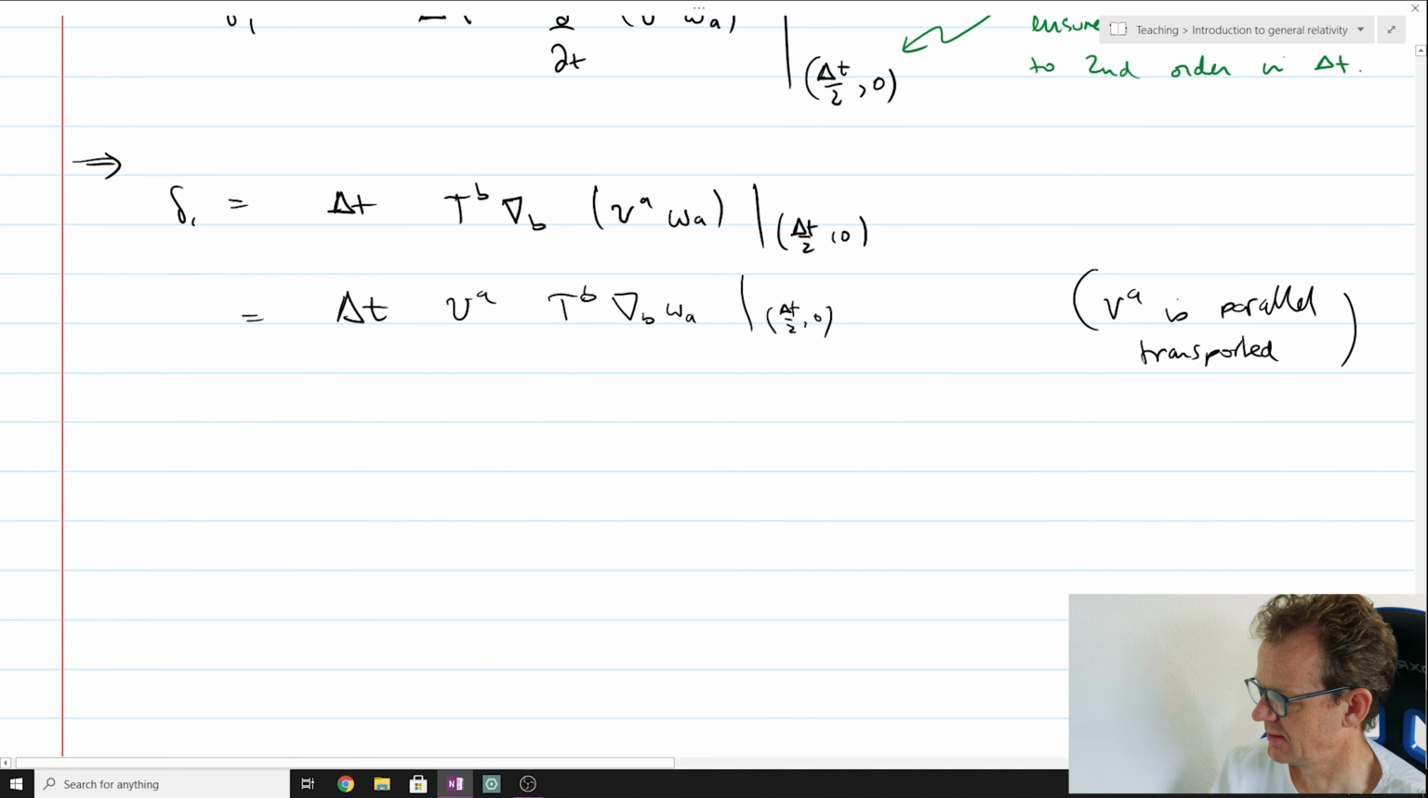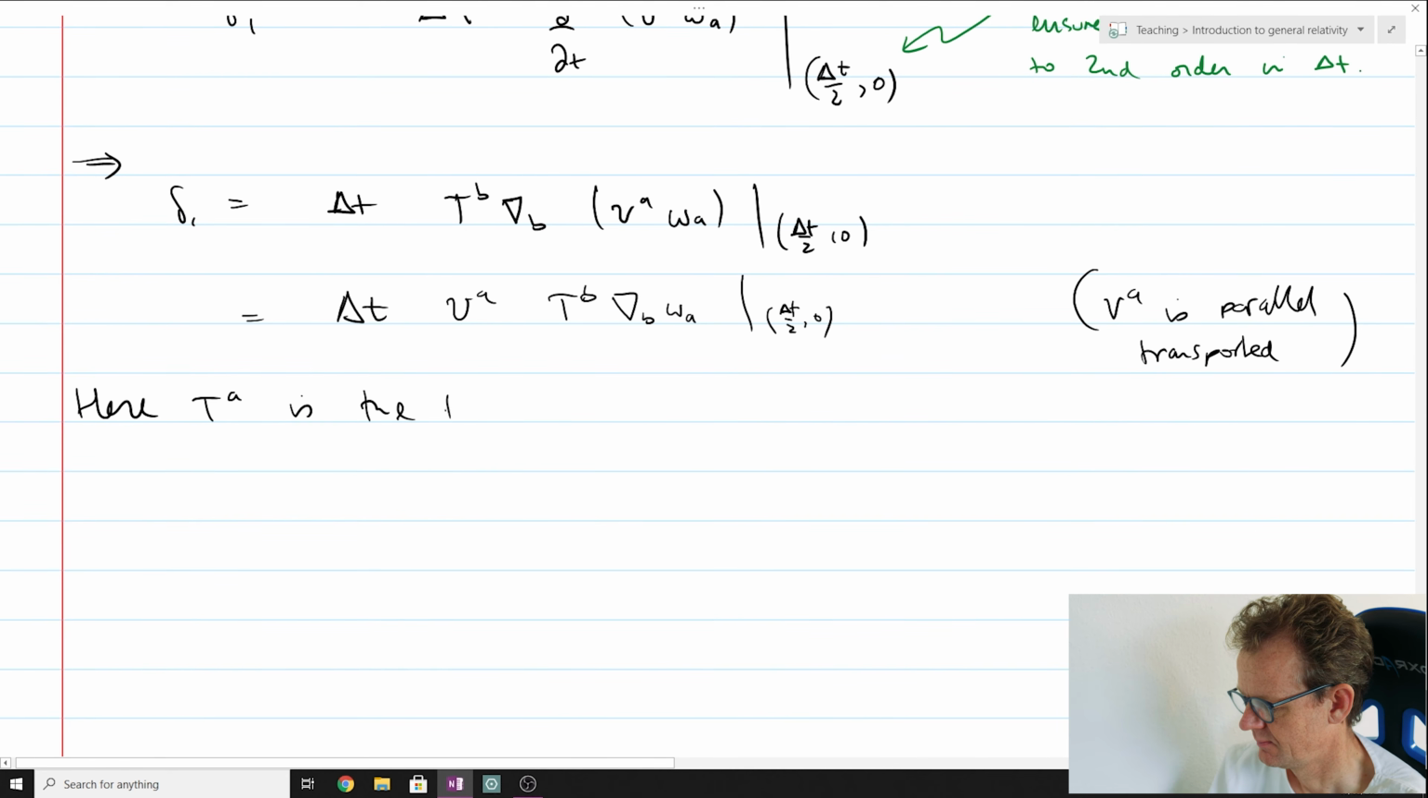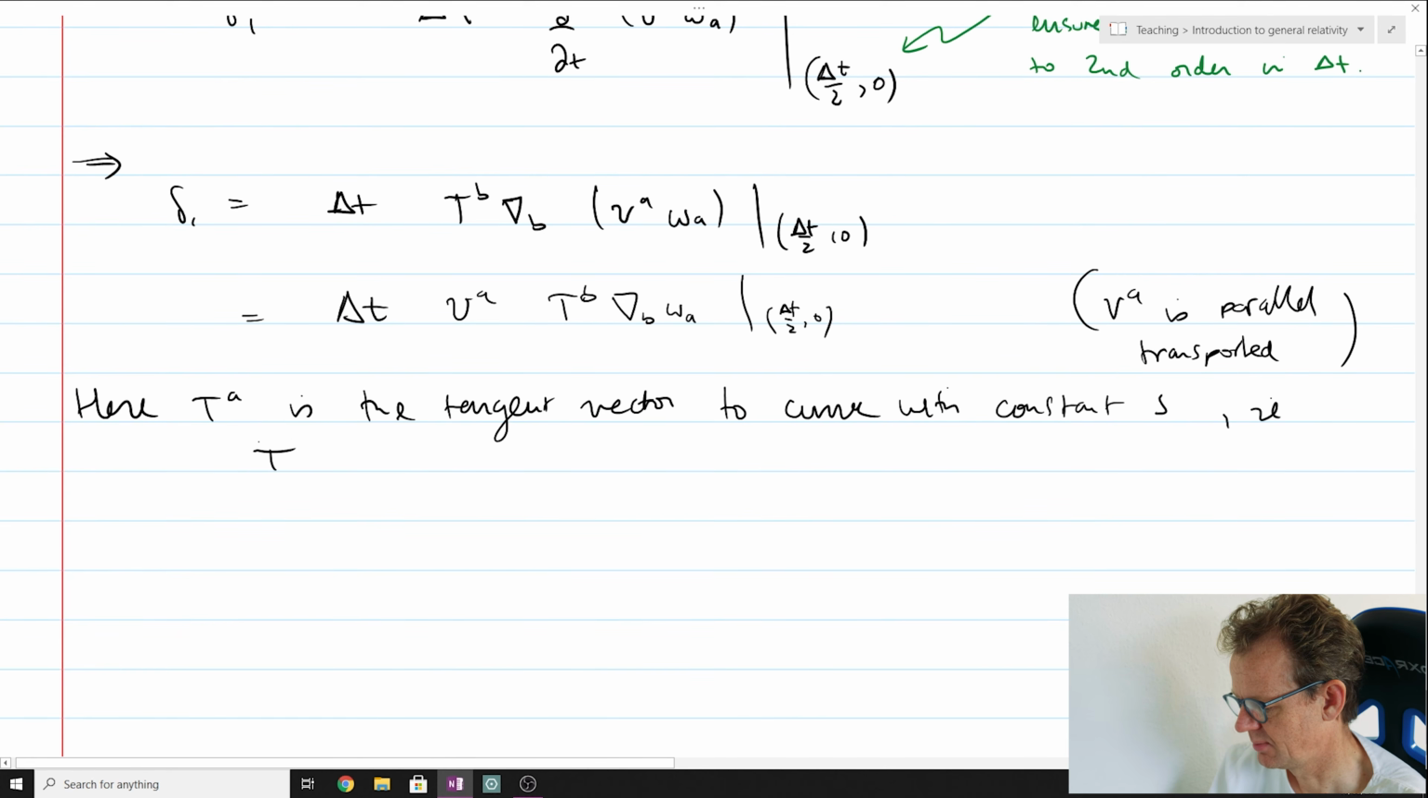Delta 1 has this expression. Oh, I mean, maybe not. I better make it explicit. Here t^a is a tangent vector. It's not a, it's b. It's the tangent vector to the curve with constant s coordinate. And the parallel transport operation means that t^a